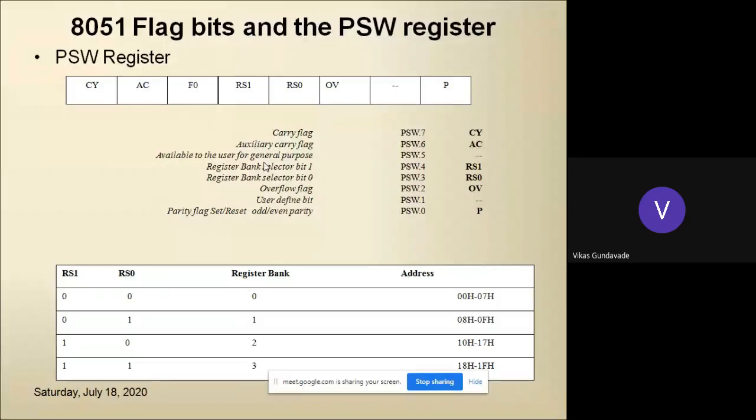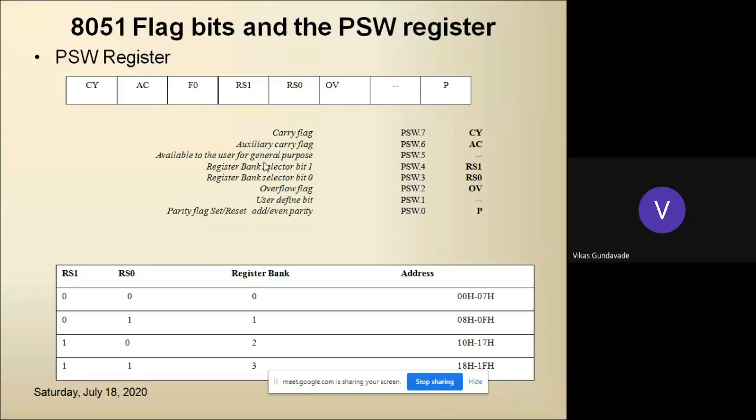We have seen the microcontroller architecture. And in the microcontroller architecture, we have seen all the features of microcontroller with the various ports and various tools which are available with the microcontroller, as well as the memory which is inbuilt in the microcontroller. So here we have moved further with the program counter, then data pointer. We have seen the accumulator, B register and so on. Also, we have seen the PSW register.